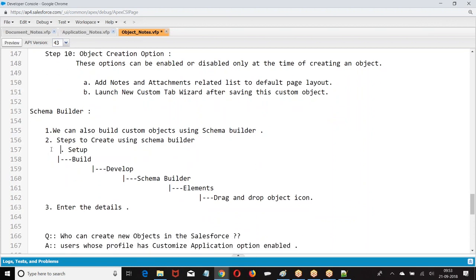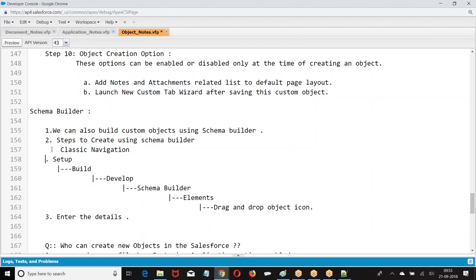First we had in Classic, how do you make it? Setup, build, develop, schema builder.